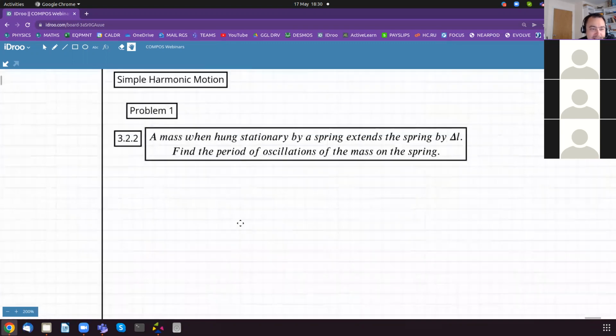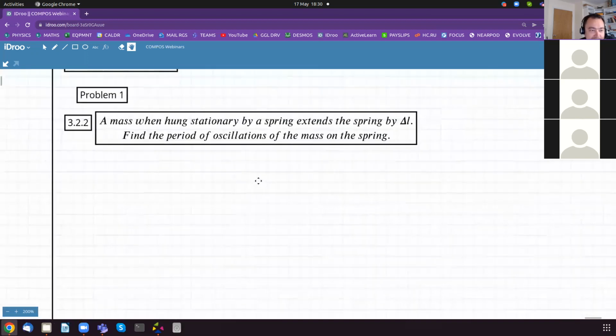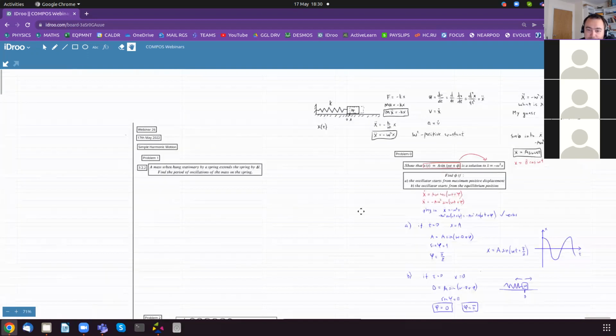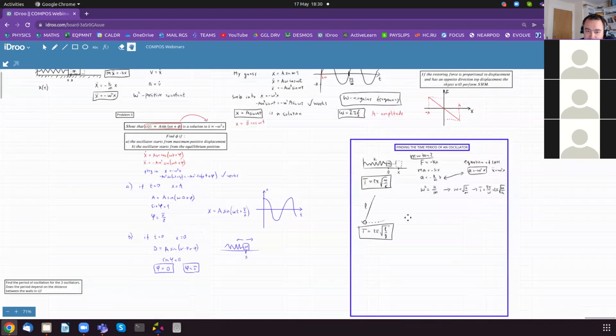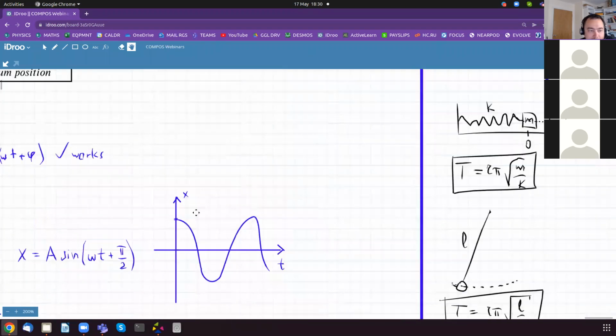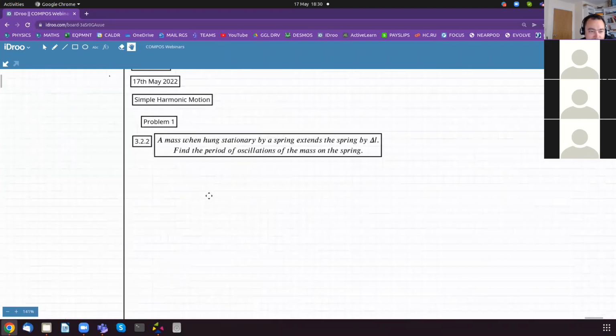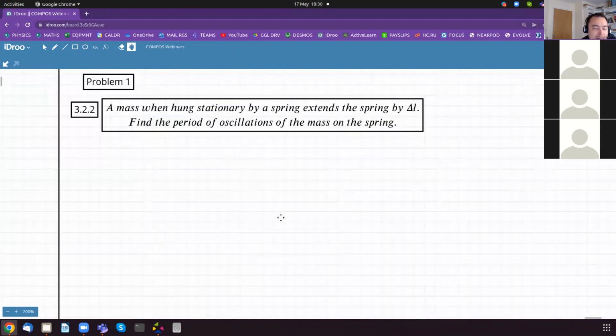A mass, when hung stationary by a spring, extends the spring by delta L. Find the period of oscillations of the mass on the spring. Well, we kind of know the formula, and we know that to do this, we need to find m and we need to find k. So how are we going to do this if the only thing that is given is delta L? Well, let's